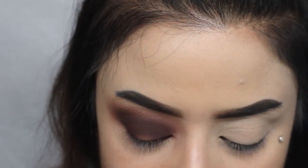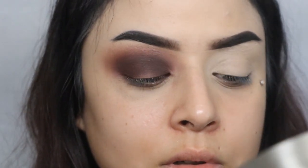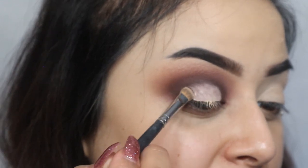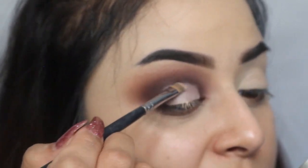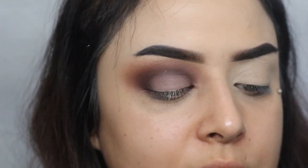I'm going to take my Tarte Shape Tape Concealer, and I'm using the shade Light Sand. I'm just going to apply this to the middle of the lid. Okay, so now that I have that done, I am going to take, let's see,